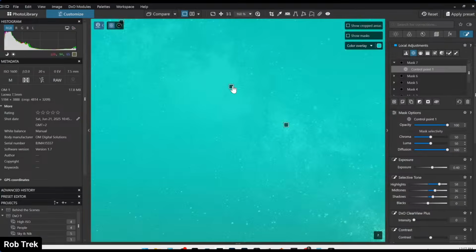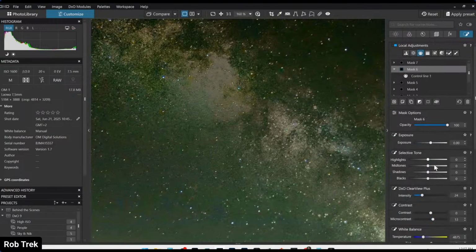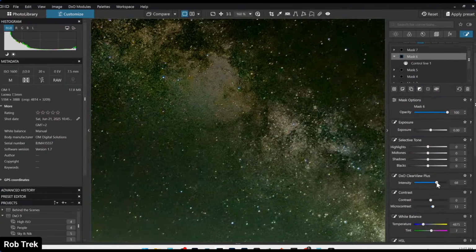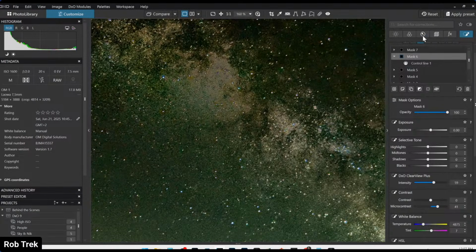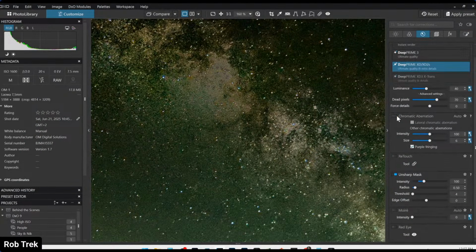Not bad. I washed this out a little bit. Let me go back here. More clear view and contrast, maybe. Yikes. And then turn off the chromatics. Maybe I'm gonna have to see if I can figure out a way. It's very hard to see, but I'm gonna have to see if I can figure out a way to get rid of some of the aberrations, like this haloing. There's a little blue dot there